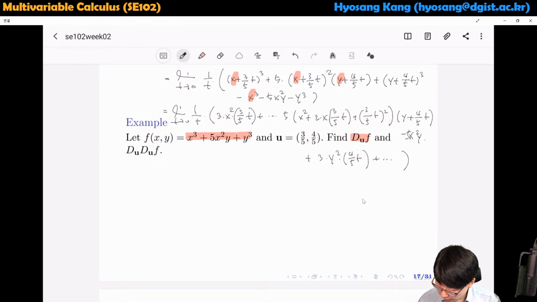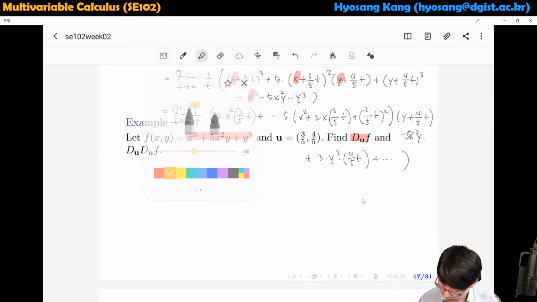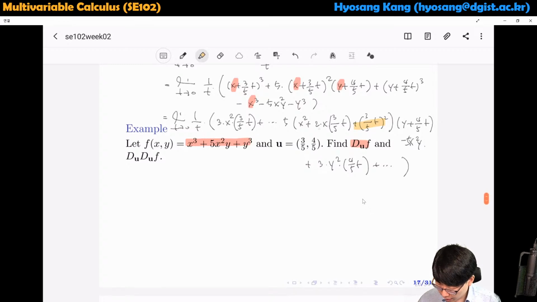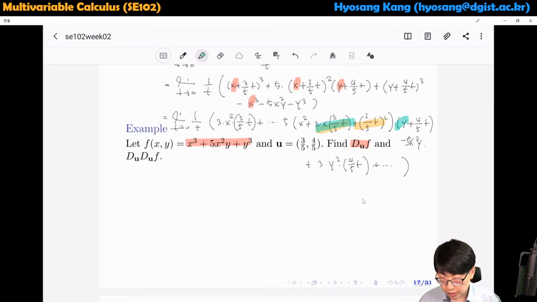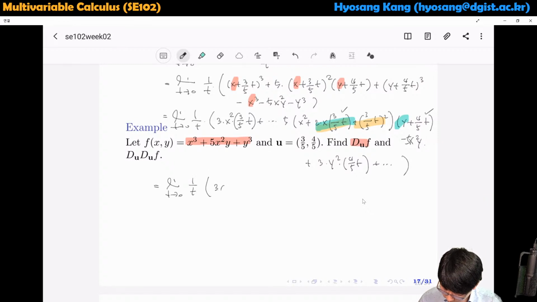So let's look at this part. If you have these parts, it contains t squared, so I said it will disappear. So what remains is when you have only 1t. The only way you can get a 1t is that you can multiply this part and this part. If you multiply this part and this part, you still get 2 t's. So what I get is 1t and 3x squared